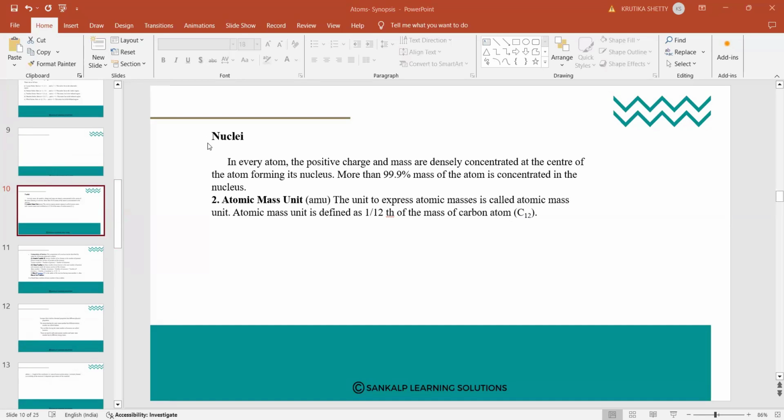Good morning, students. So today we are discussing the next topic, that is the nuclei. Here we have different branches in physics. In that, one of the branches is called nuclear physics. Nuclear physics is the branch of physics which deals with the study of